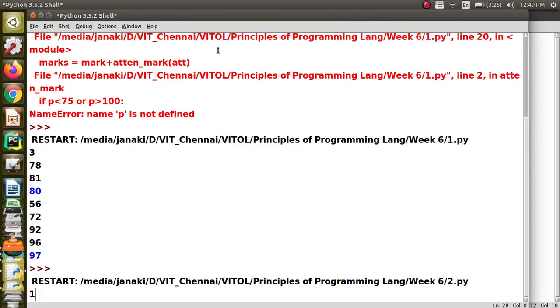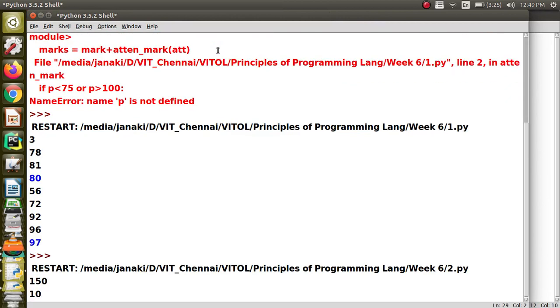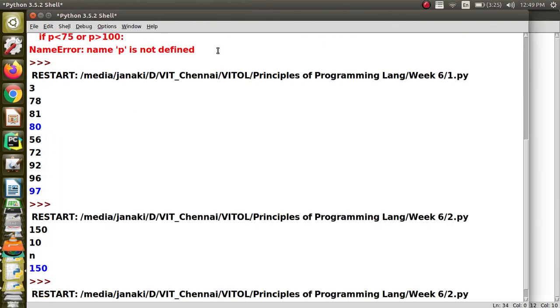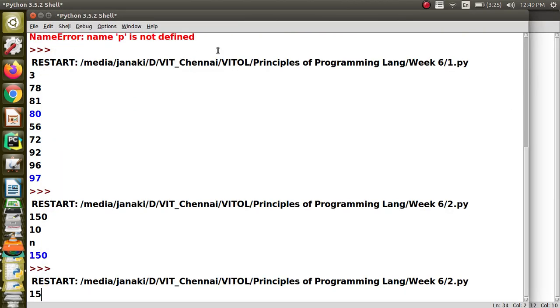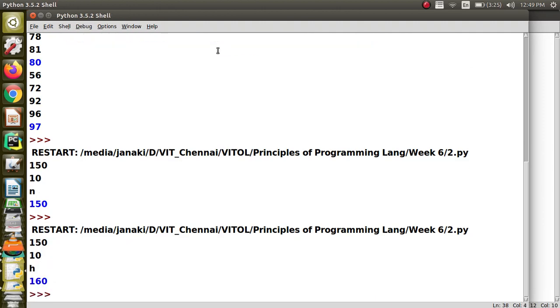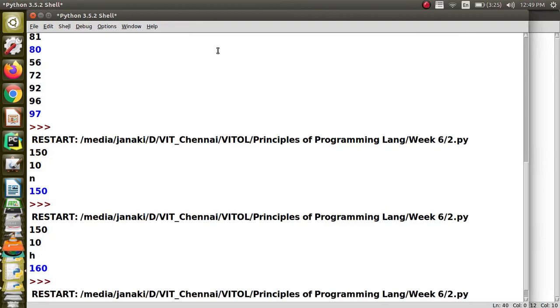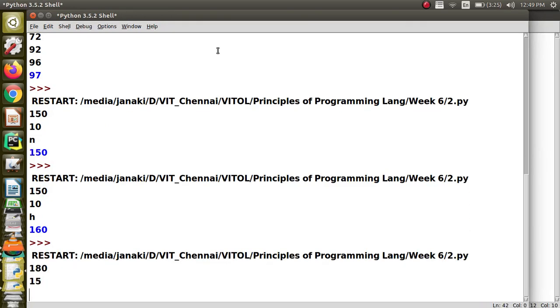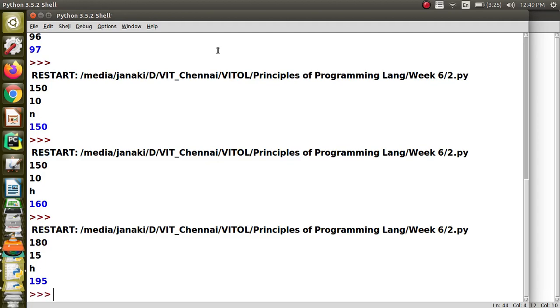So first case, 150 credits, 10, and normal student, you see 150 is the answer. Then you can check 150 credits, 10, and then H, you will get 160, right. Similarly 180, 15 credits, honors, you will see that it is 195. If I give N, you will get it as 180, right. This is how we will use default arguments. In most of the cases if the value is going to be the same, then we can just pass